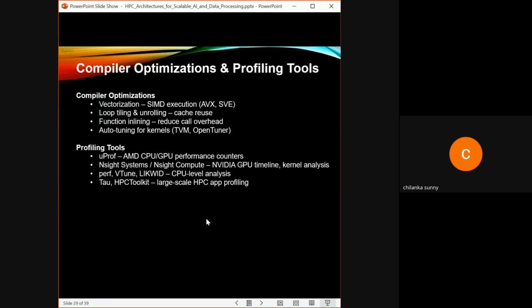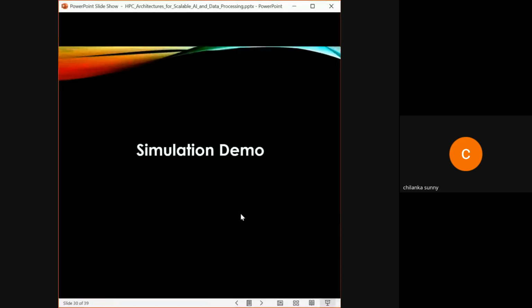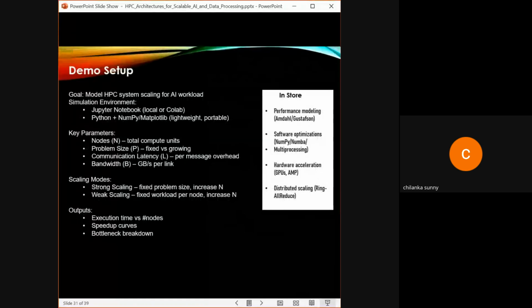And for large scale, we have a TAU and HPCToolkit that will provide detailed profiling. And as said, the typical workflow is to first profile the application to find the bottleneck, then apply the targeted optimizations or perform the source changes. And so with these concepts in mind, let's move to the demo and see how these HPC fundamentals translate into